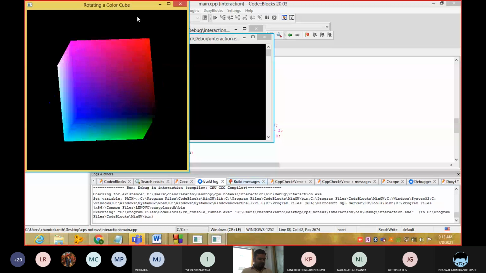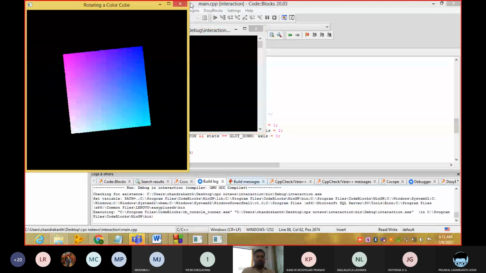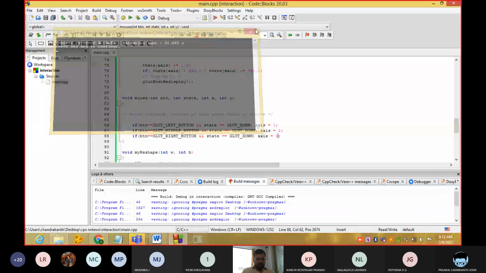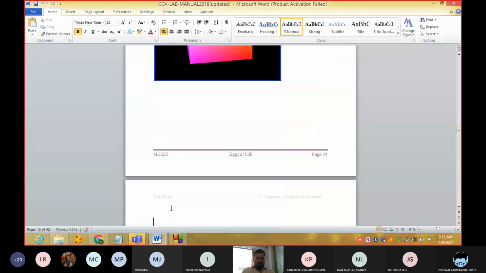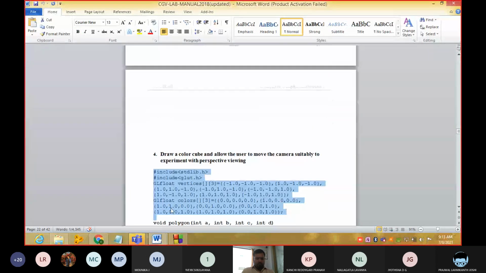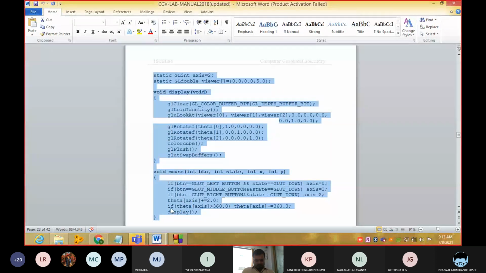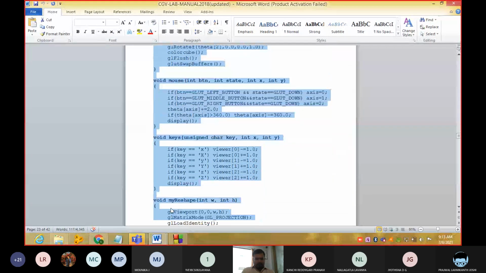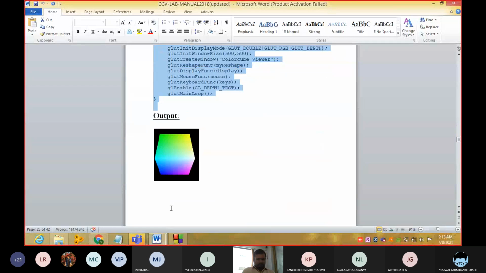In the same way, we had seen another program also, interaction with respect to keyboard, guys. Let me check that program. This is one more program. In this program, we are changing the spinning of the cube with respect to the X, Y, Z buttons. Let's see.